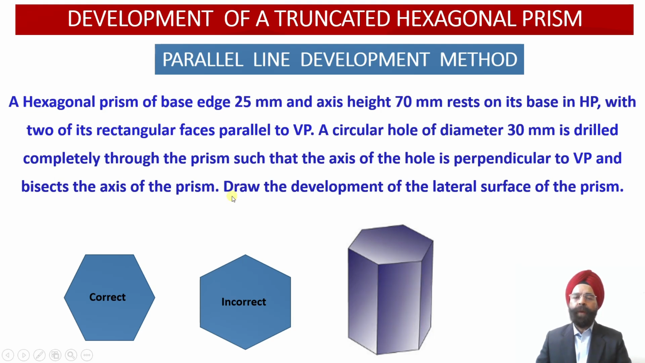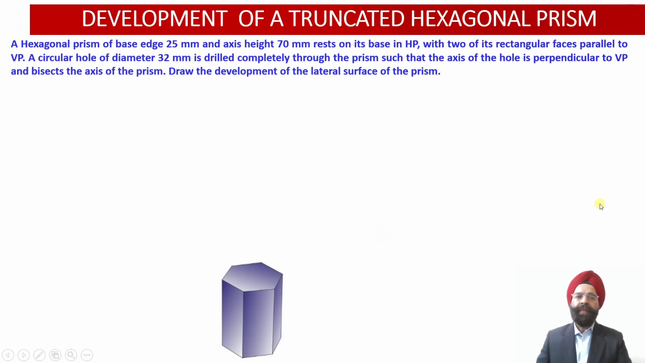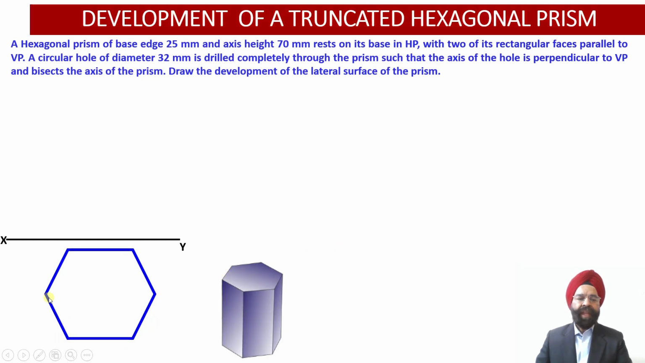Now we are required to obtain the development of the lateral surface of this truncated prism. Let us proceed to evaluate the top view and the front view projections of this hexagonal prism. As the observer looks at this hexagonal prism from the top, both the top face as well as the base of the hexagonal prism coincide with each other in the top view projection,